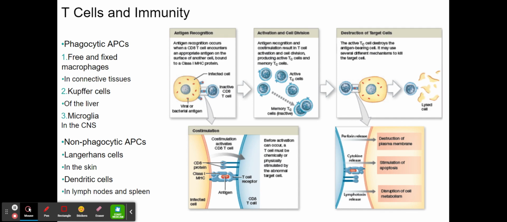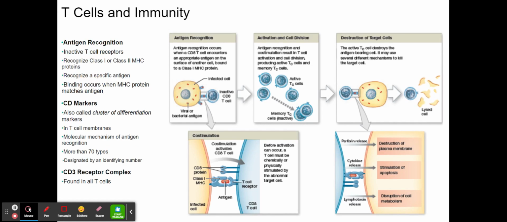Dendritic cells travel with their foreign antigens to lymphocyte-packed lymph nodes. So how do T cells recognize antigens? Inactive T cells have receptors that bind either class 1 or class 2 MHC proteins. These receptors also have binding sites for specific target antigens. If an MHC protein contains any antigen other than the specific target of a particular kind of T cell, the